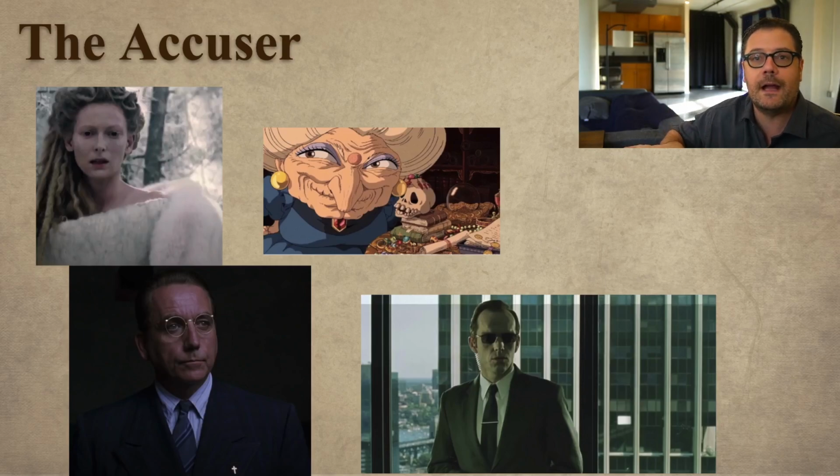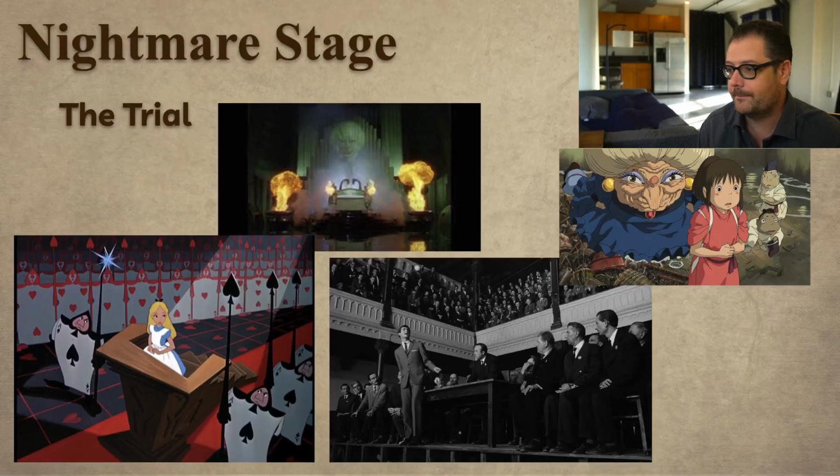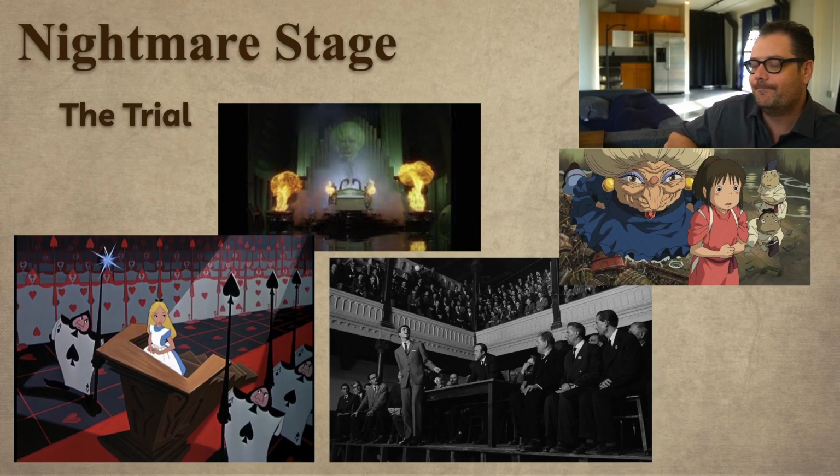And we're going to see these characters come back in the final stage in the form of a trial. So basically, we've made it now all the way up through the frustration stage and into the nightmare stage. And the nightmare stage is where the hero is facing the full force of antagonism, and you could say this is also where the trial for whether or not they're worthy to exit the underworld will take place. It's so interesting. I just kept looking at these plots, and then I started to notice, my gosh, there's a trial at the end of every one of these. So my sense is that the final act of this plot type, the nightmare stage leading into the thrilling escape,